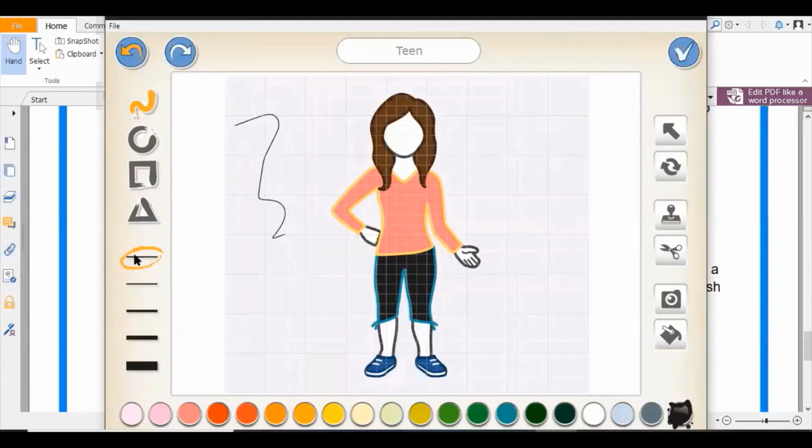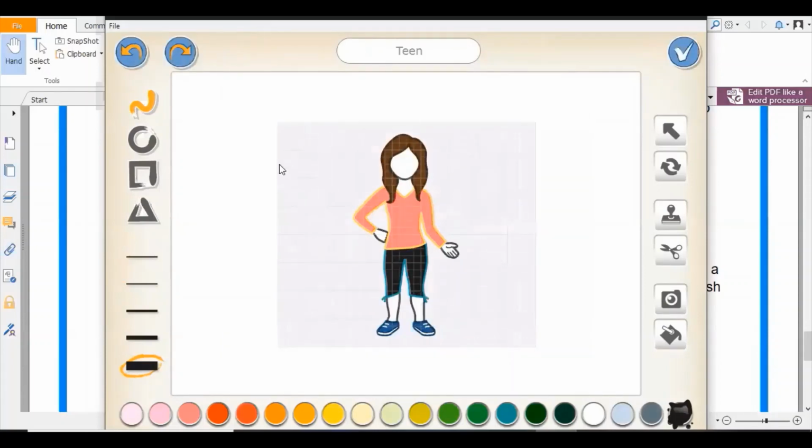See, I've selected this thin line, hence I'm getting thin line. If I select fat line, so I'll get a fat line, which I don't want. So I will undo. You can undo it from your top left. So I undo it. The second is if you want to draw a circle. So I select this. You can see I get a circle. Again, I don't want it. So I undo it. So this is for your square and this is for your triangle. And these are if you want the lines to be thin or fat. These are the ranges you can select.